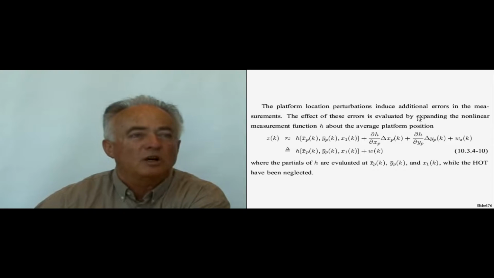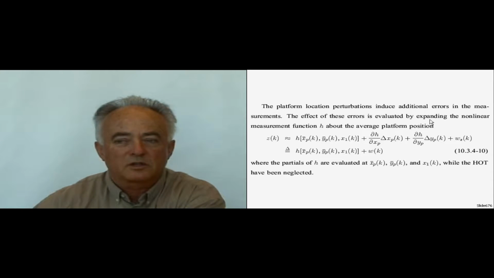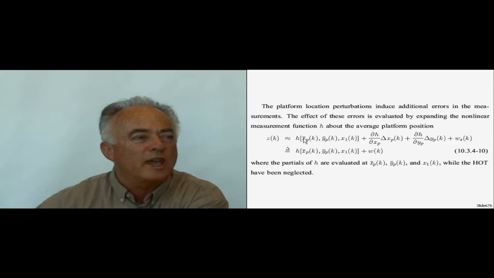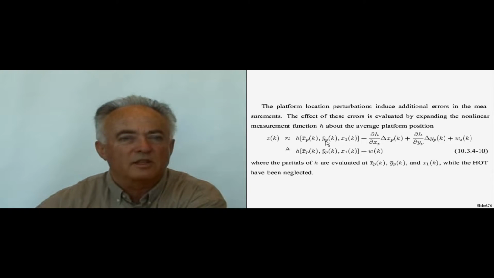We carry out, in the same spirit as the extended Kalman filter, an expansion of the nonlinear measurement function h about the average platform position. So the noiseless version that we have here, the h, would be expanded. So the noisy measurement z will be approximately equal to the h evaluated at the average platform. This would be really like the latest estimate of the platform's location,